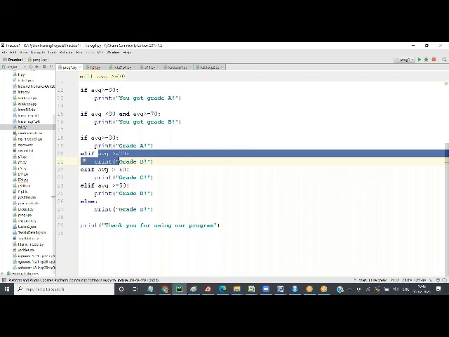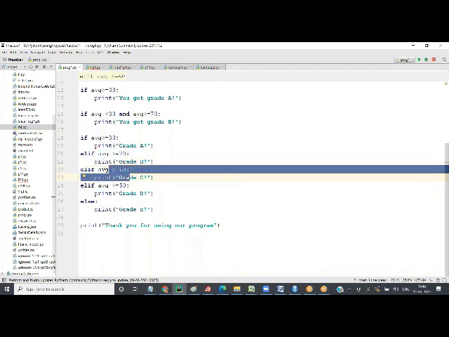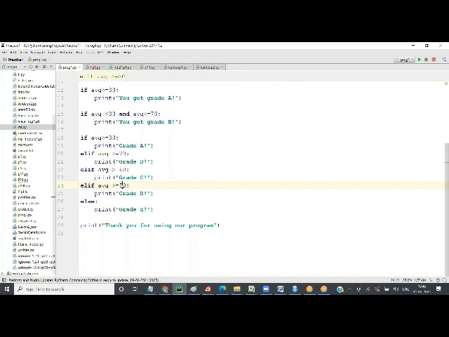If you have 65, it is going to check this and then come out. If it is 55, it checks here and comes out. If you have something else, that means less than 50. Okay, I've used 50 here, so let me use 40.